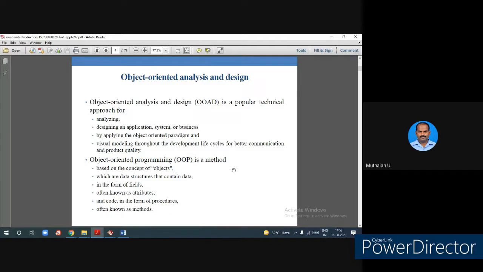Here we complete the design in the class diagram. When you complete it, you automatically get the code. Here you will easily get the code skeleton. That is the importance of Rational Rose. Keep this in mind: Rational Rose is one of your software. You are doing lab in this software only. What is important in this software? You complete your analysis, you design everything, and the code will be generated automatically. Remember this: code will be generated automatically.